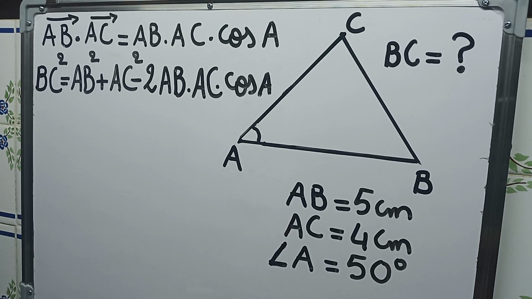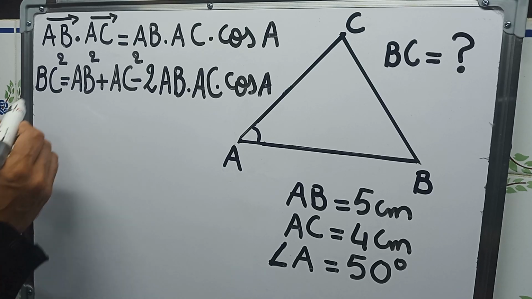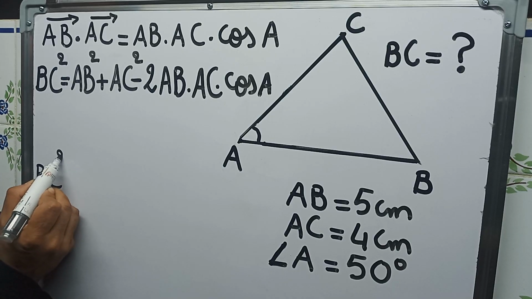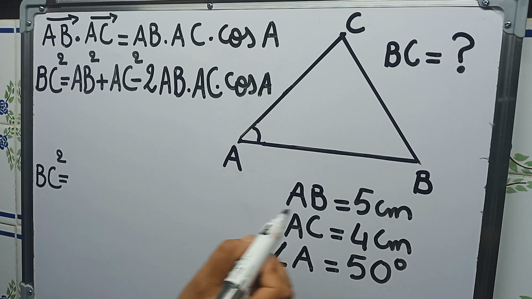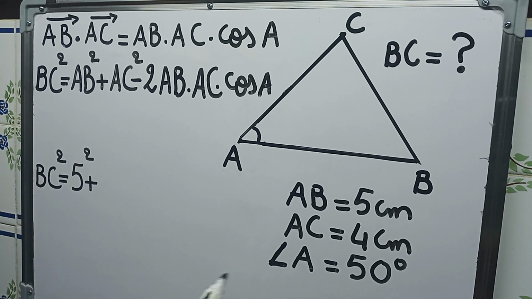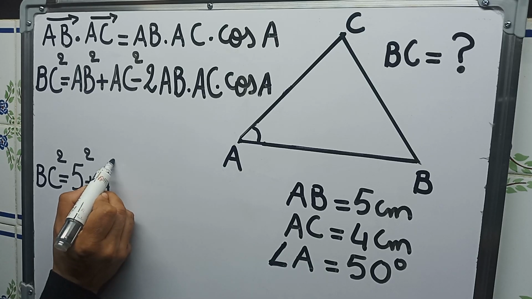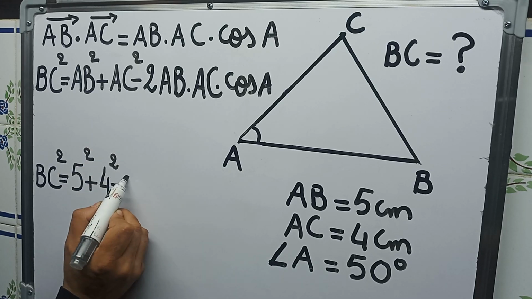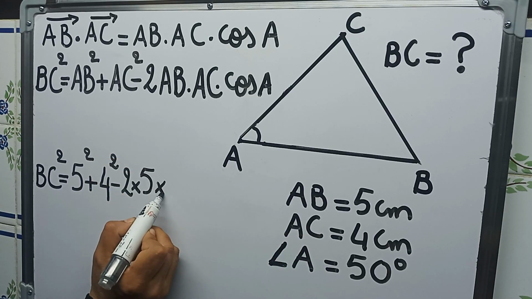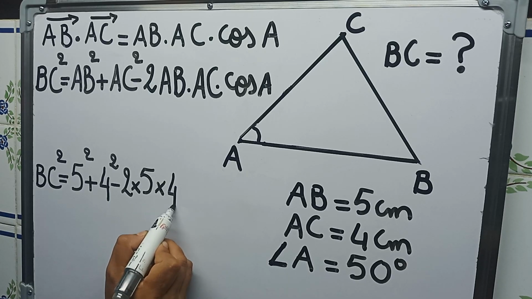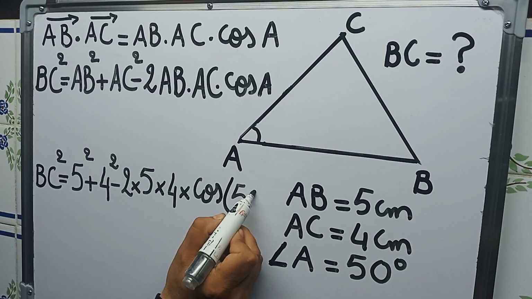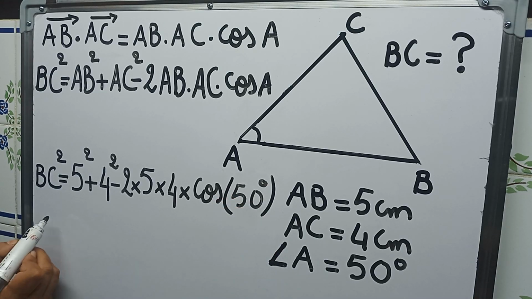Now the final step is to plug the values of our problem to get BC. So here BC squared is equal to AB squared, 5 squared, plus AC squared, 4 squared, minus 2 times AB, 5, times AC, 4, times cosine A, so cosine 50 degrees. And using a calculator,